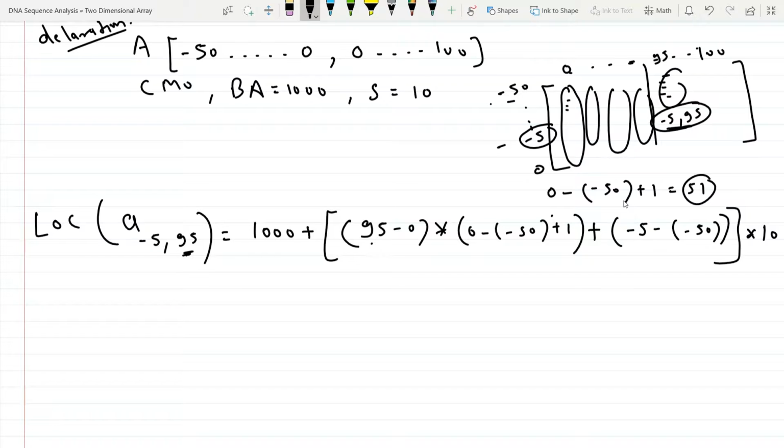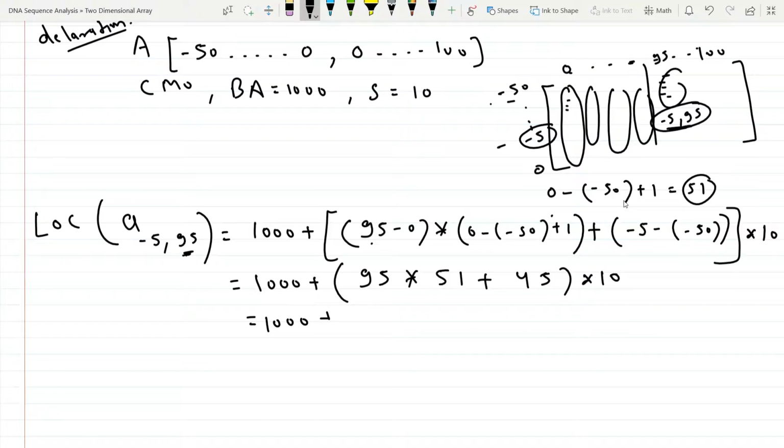10 bytes of memory. So this will give me 1000 plus 95 multiplied by, plus 50 plus 1, it is 51, and plus minus 5 plus 50, it is 45, multiplied with 10.